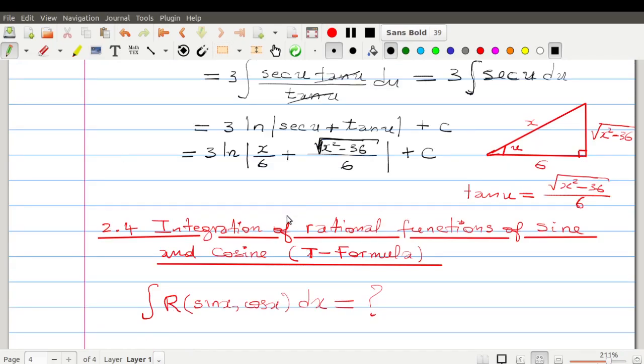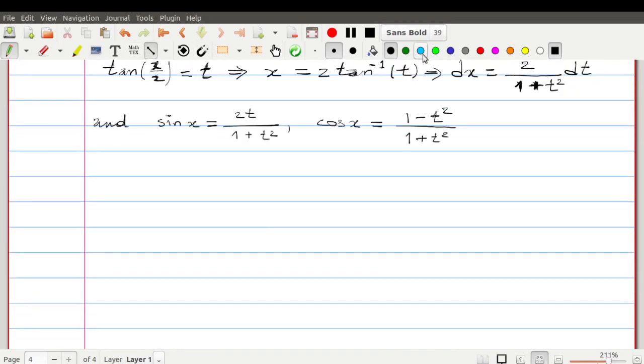So for our case we are going to use the following right triangle. Okay, so this is our half angle x by 2,